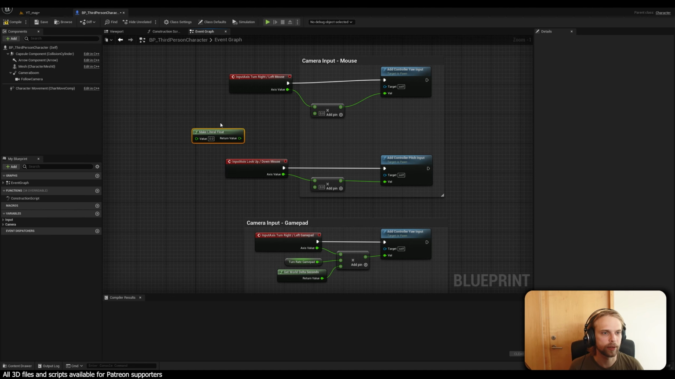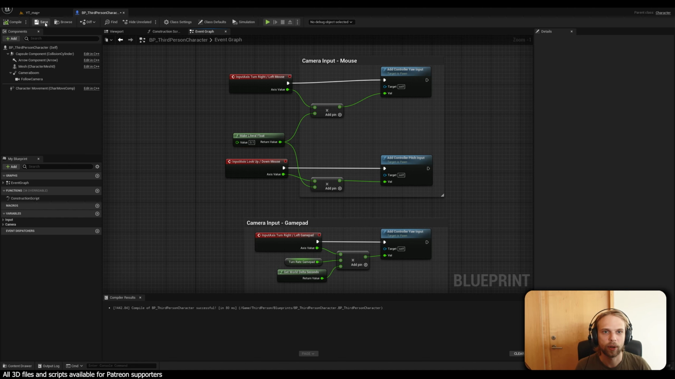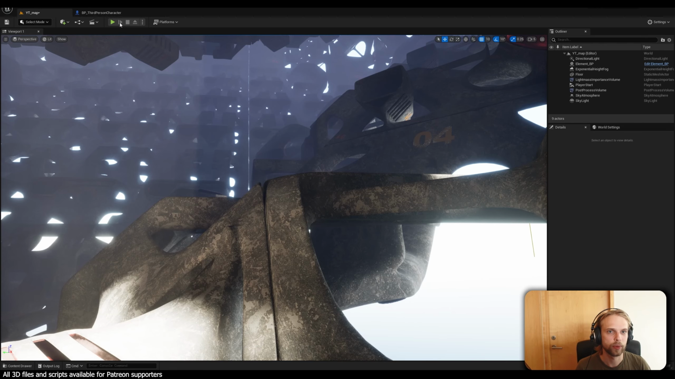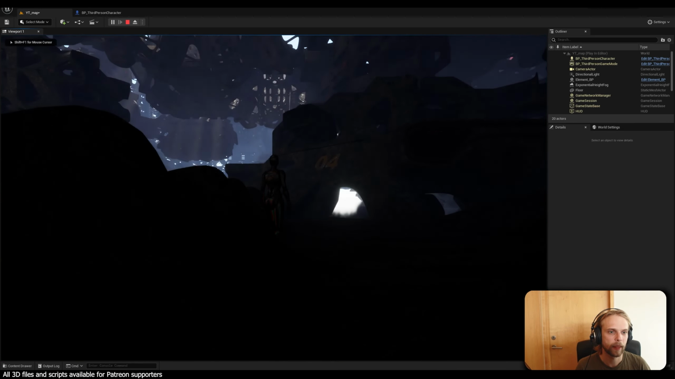This one, make literal float. And for the value, we're just gonna say 0.1, just for me to show you how it kind of works. So we connect it like that, right, to the multiplication. So anything that your mouse inputs is going to be multiplied by 0.1. We compile, we save, we press play, and now